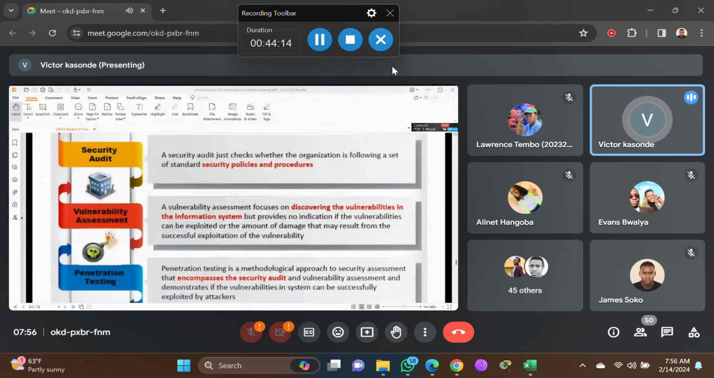You don't know how much damage a hacker can do. For example,